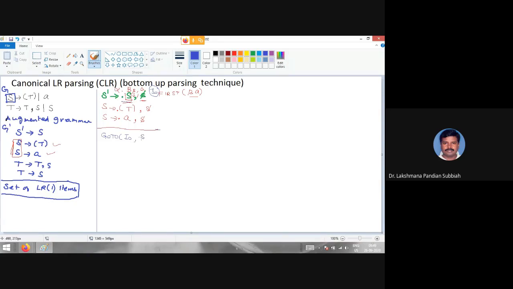You take that, and whatever it is, you write it and just move the dot one step. Here, after the dot nothing is there, so you stop. This is I1.